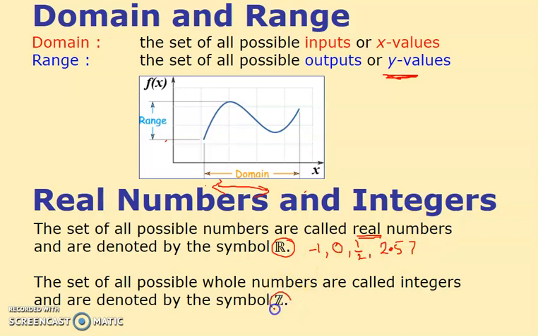Whereas these are the integers, and therefore I can have -1, I can have 0, I can have 1, I can have 2, but I can't have fractions and I can't have decimals. So these are just whole numbers. So integers are with a z, proper numbers, real numbers, are going to